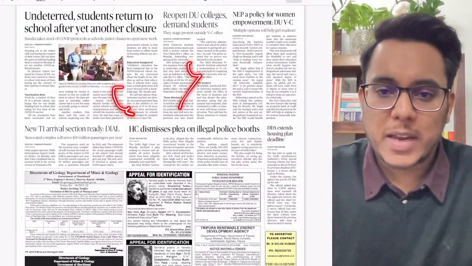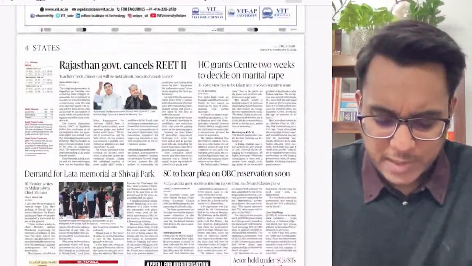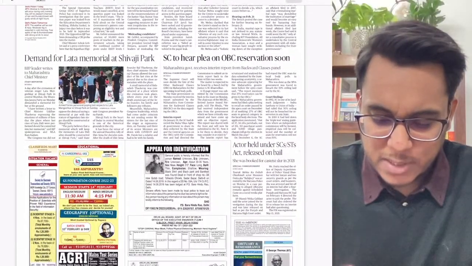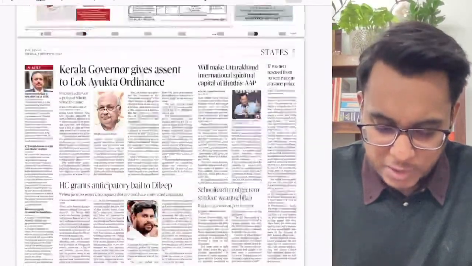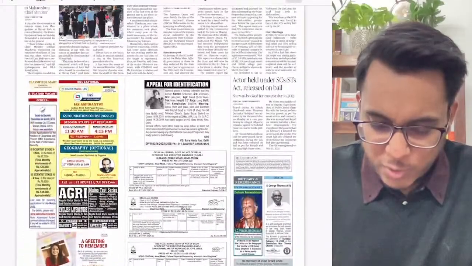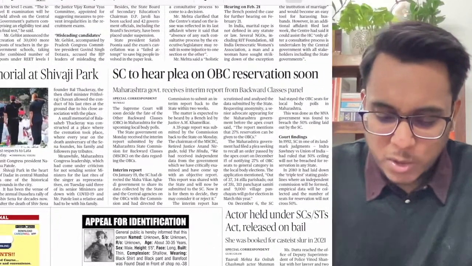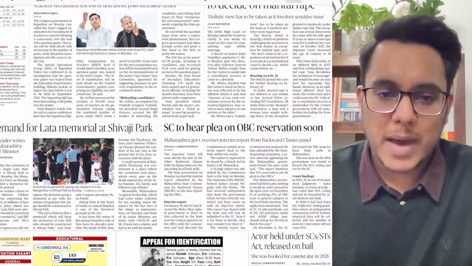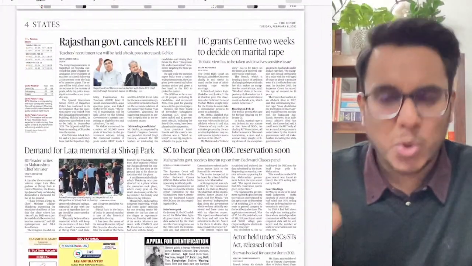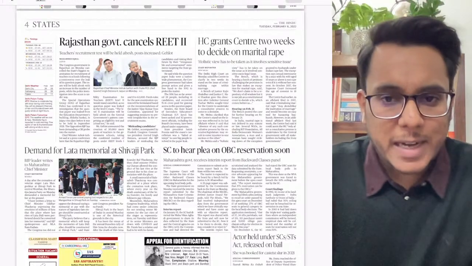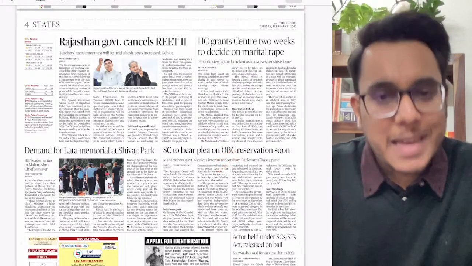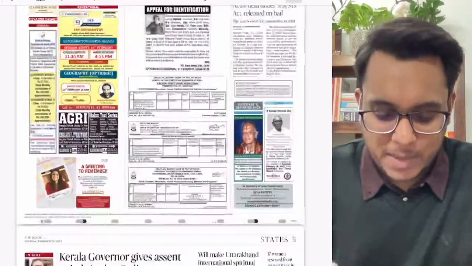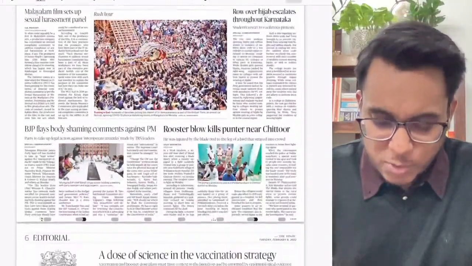City section, okay, much of the regional news, advertisements etc. have been given, nothing very important in this particular direction. Fine. After that, here you can see that the Supreme Court to hear plea on the OBC reservation soon. So basically it's OBC reservation in Maharashtra, already we have discussed. Okay, so you don't need to go into the everyday development, the Supreme Court will hear it. Okay, up till now nothing has happened. We will be reaching that.